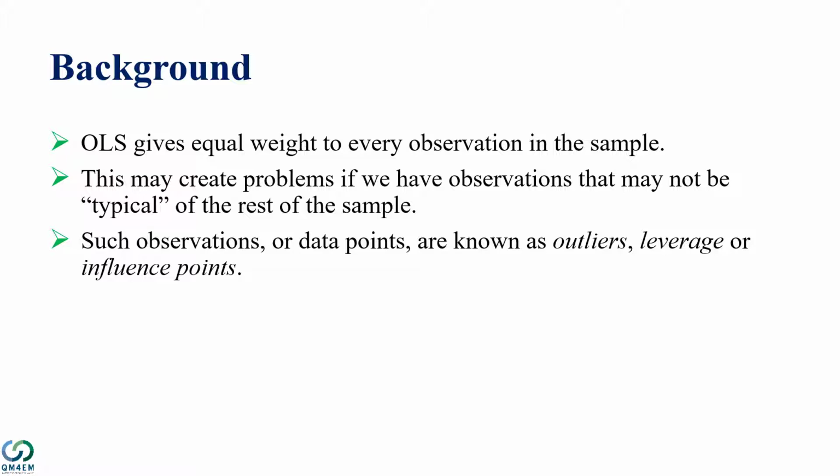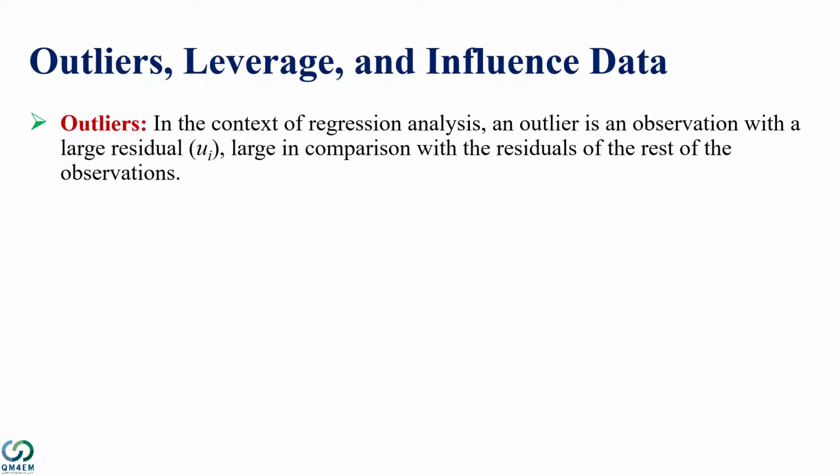So outlier refers, in the context of regression analysis, to an observation for which we have a very large residual in comparison with the rest of the observations. So let's say you fit a regression model, you obtained your residuals, and then when you were looking at the residuals, suddenly you find that one or a few values of the residual are quite large compared to the rest of the residual values. So in order to understand the logic of why it is a problem, think of the calculation